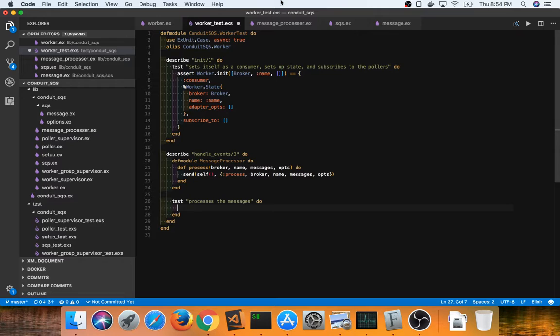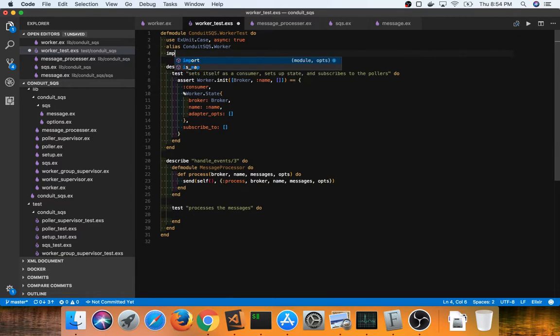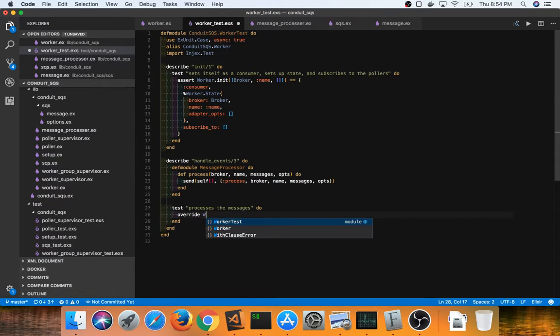So here we're going to import injects test, and we're going to then use override, which is provided by injects test there. So we can do, let's see, worker, and we're going to override the message processor function